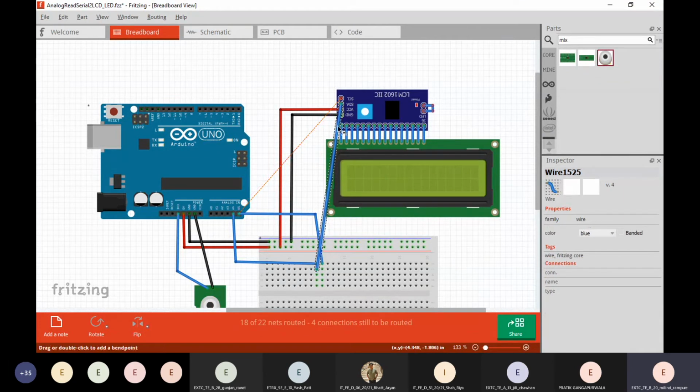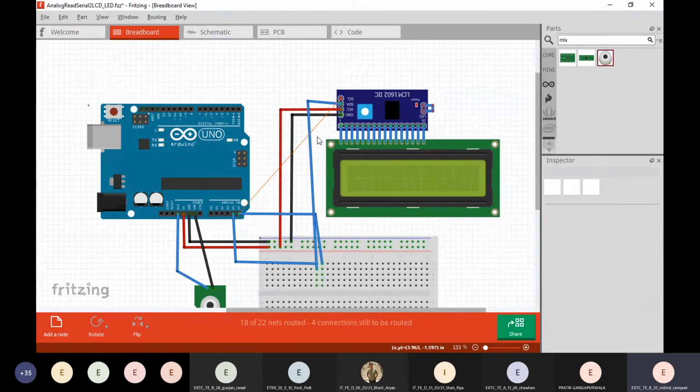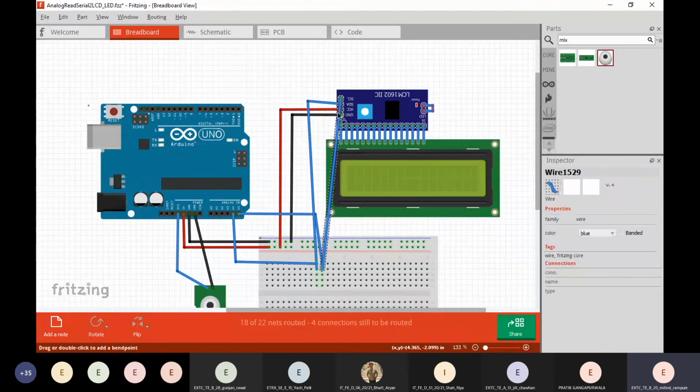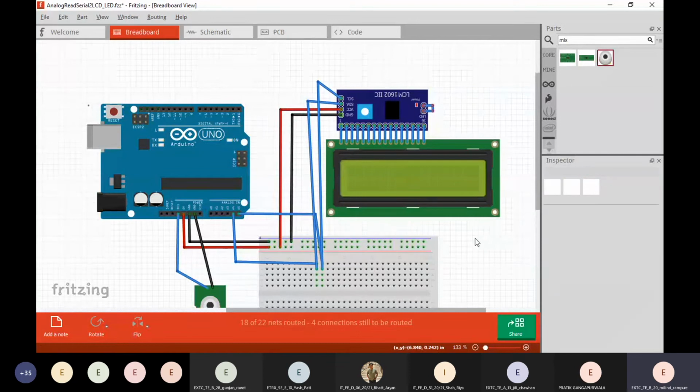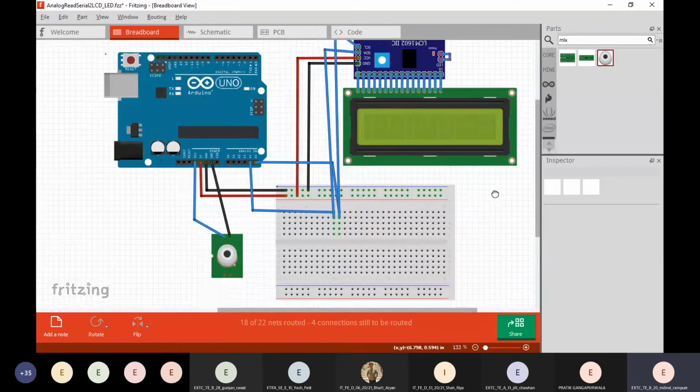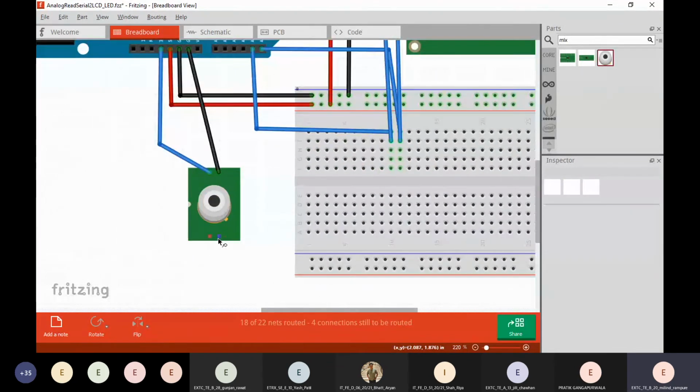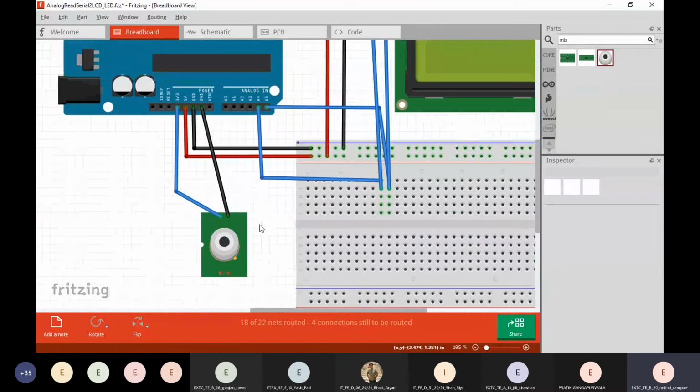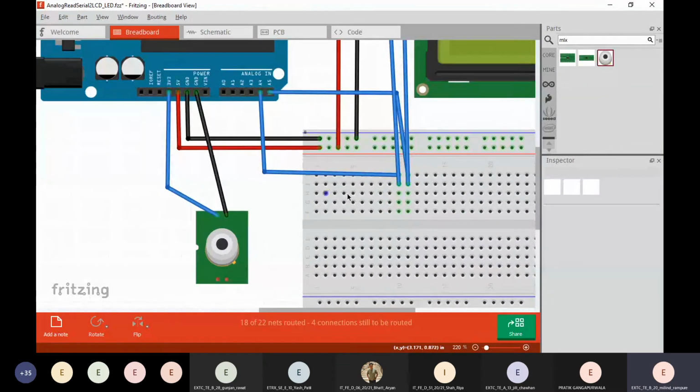I'm connecting this SDA pin to this A4 line, and again this A5 pin of the Arduino to the SCL pin, that is the clock pin of this LCD screen. After that we move forward to connecting this other sensor, the MLX sensor, as you can see.